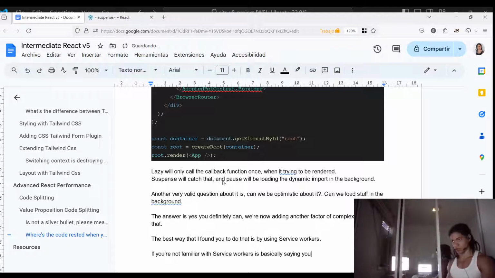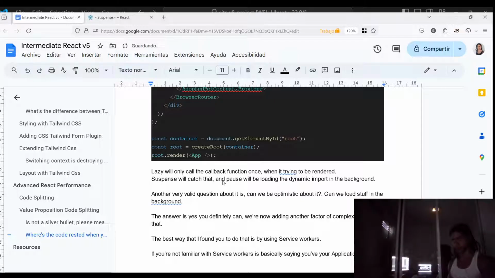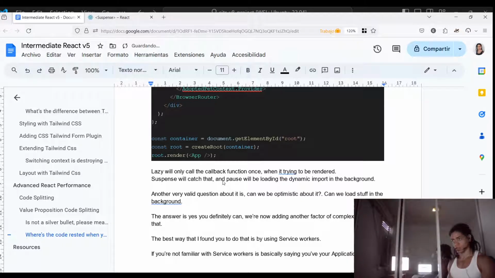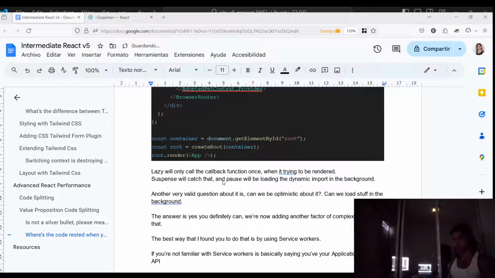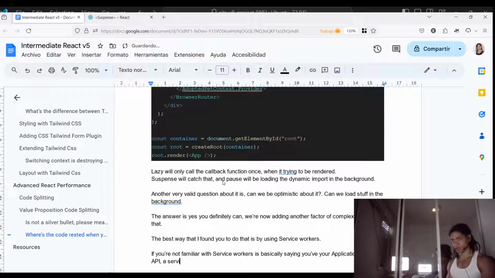A service worker sits in the middle, pretty much like an API gateway